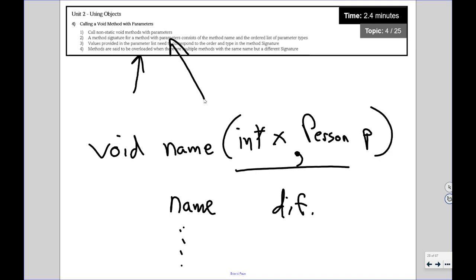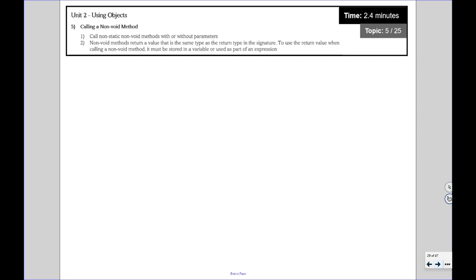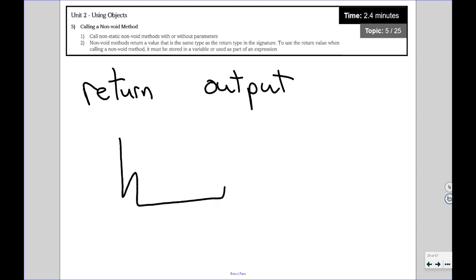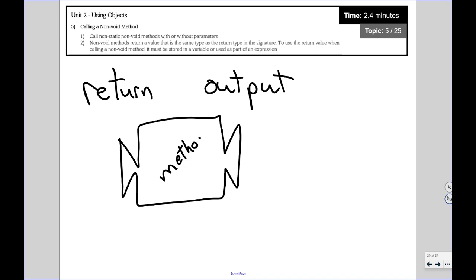Okay, on to point 5. Calling a non-void method. So obviously a non-void method means it's going to be returning something, or it's going to have an output. You might even remember sometimes I would draw methods like little diagrams of little machines. And this method could have an output. Now that output could be void, which means it doesn't have an output, or that output